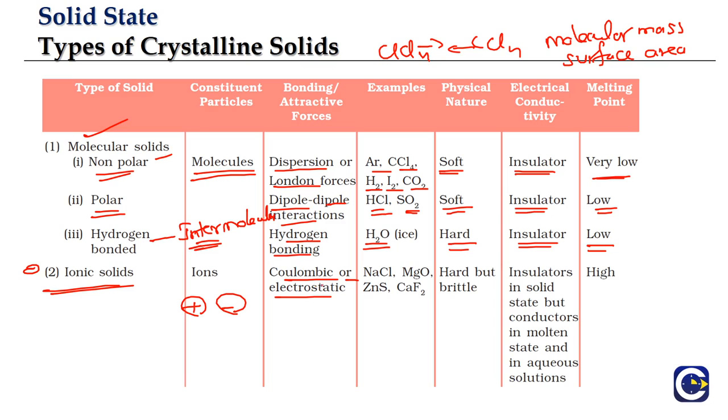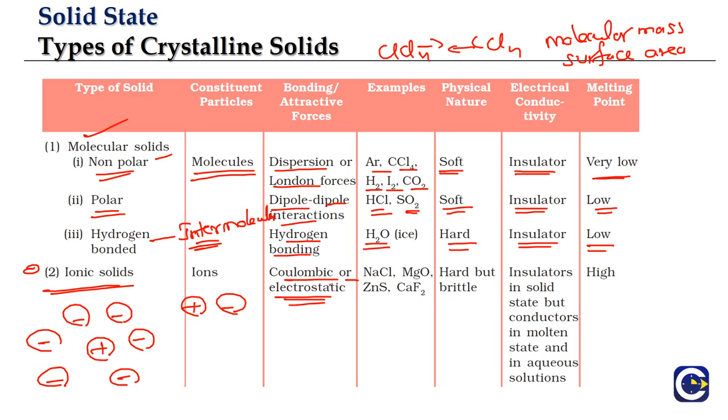There will be Coulombic or electrostatic forces of attraction, because in physics electrostatics you will study that the positive type of ions will be attracting negative type of ions. Anyway, we will analyze these ionic solids in detail. So each positive ion will be surrounded by a particular number of negative ions. Similarly, each negative ion is going to be surrounded by a particular number of positive ions.